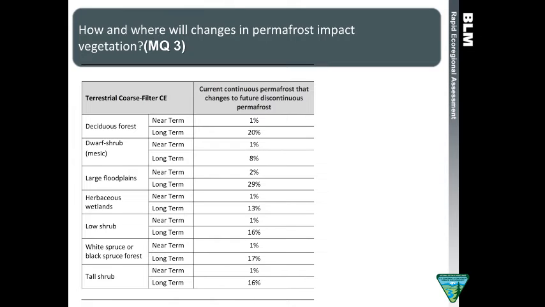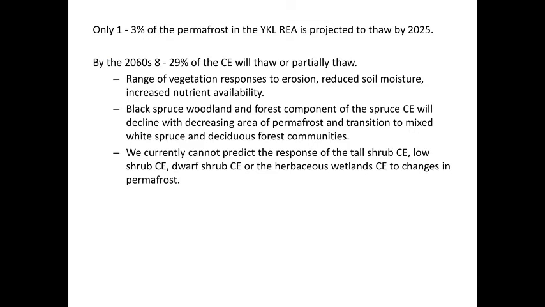And if you go down, the one with the greatest change in permafrost is part of the floodplains, the large floodplains. And the one with the least amount looks like the dwarf shrub. Yeah, the dwarf shrub. Those are basically the high elevation alpine areas. And here I just have it summarized. So for 2025, I've just got 1 to 3% of the permafrost in the YKL is projected to thaw or have a change, which isn't a heck of a lot. But by the 2060s, 8 to 29% of the